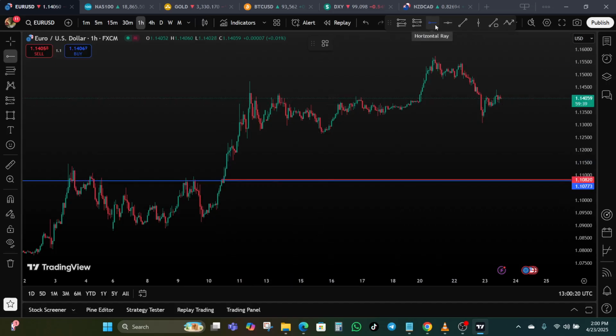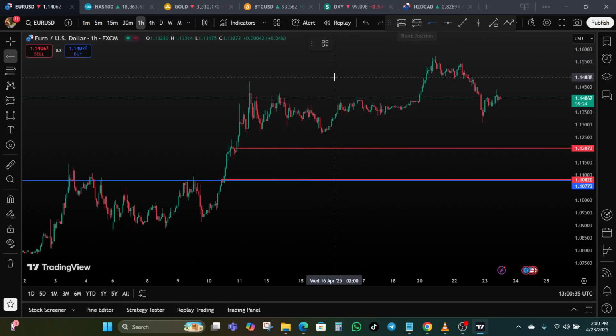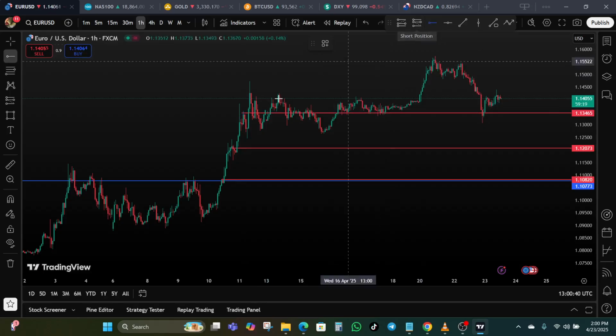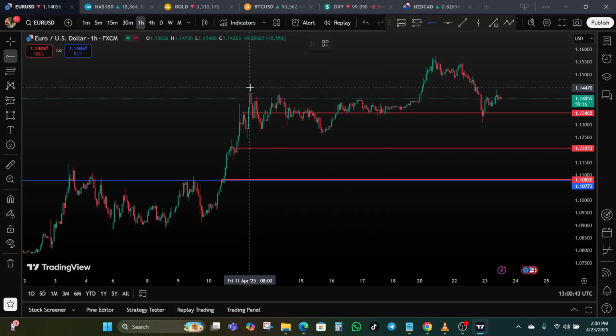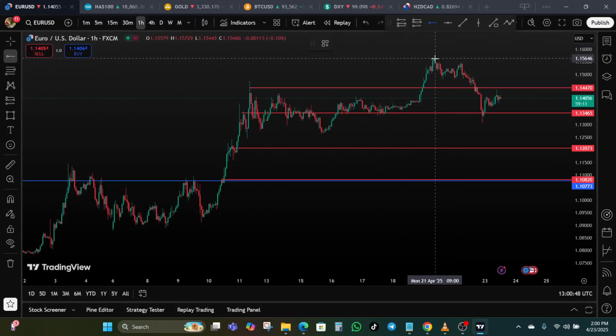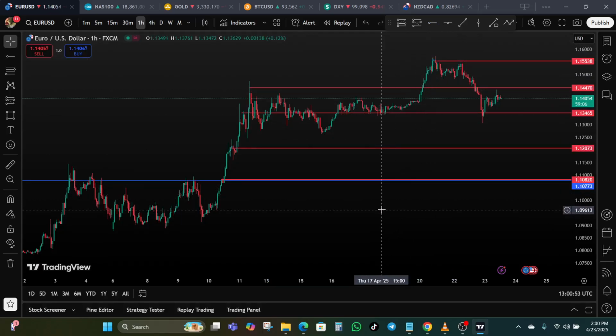Then you look for another point where price shows rejection and you sell again, double the lot size of the previous. So in this case, you'll be using 0.02, and then price continues going up, and then you sell again with 0.04, and then price kept on going up and you sell again with 0.08, and price kept on going up and you sell again with 0.16. You see, at each level you are doubling the lot size of the previous. So that is martingale strategy.